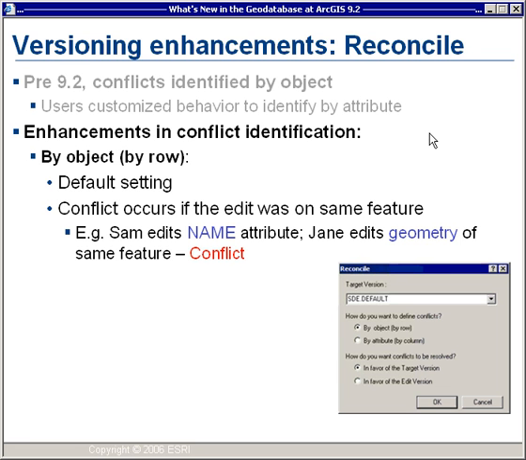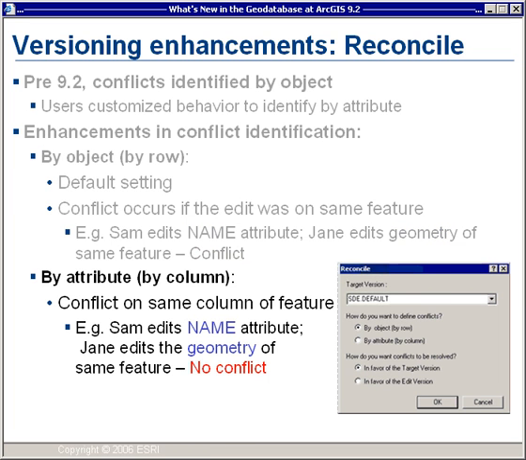The default method, which is by object, detects conflicts if the edit was on the same feature regardless of which attribute was changed. This is the same as the conflict detection mechanism at 9.1 and below. For example, if Sam edits the name attribute and Jane edits the geometry of the same feature, a conflict will be detected. The second option, which is by attribute, is now available with 9.2